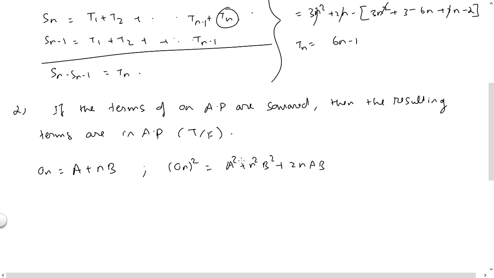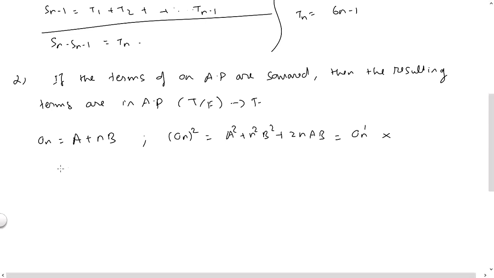So you can see that we are actually determining whether the terms of the resulting sequence will be in arithmetic progression or not. So this would be the nth term of the resulting sequence, right? So here you can see that the nth term of the resulting sequence is a quadratic in n. So if this is to be an arithmetic progression, then you should see that the nth term will be a linear expression in n, which this one is not. So we can say that these terms are not in arithmetic progression. So this statement is false.